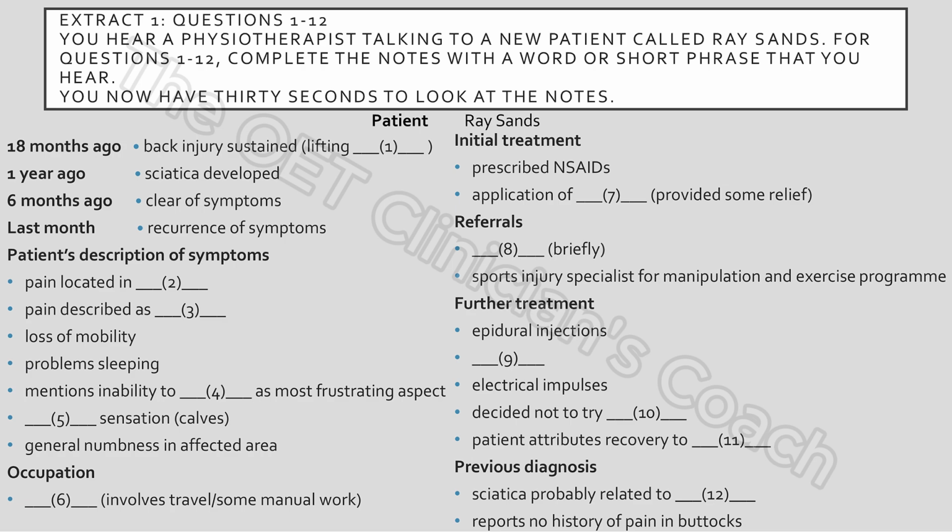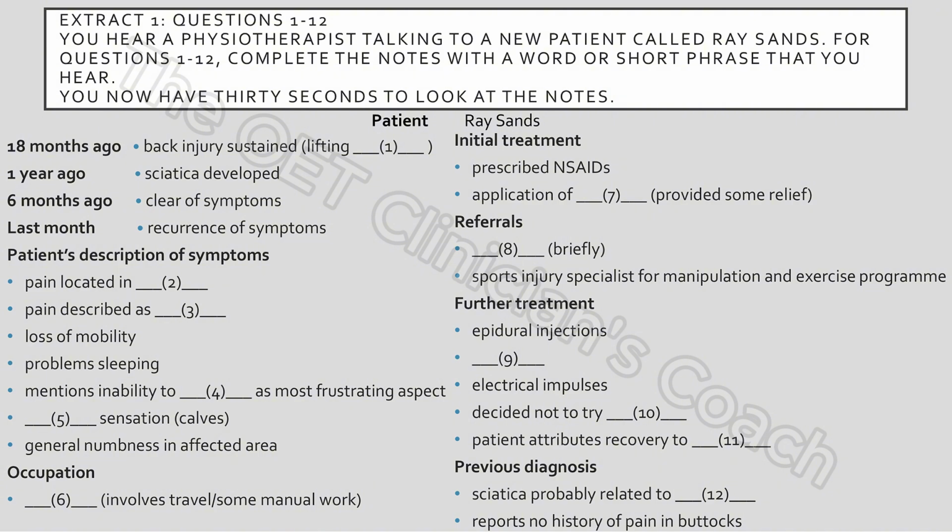Well, it all started when I hurt my back. About 18 months ago now. I was giving somebody a hand with a heavy suitcase, and I felt it give out. You know, just like that. Anyway, I slowly got over that, despite occasional flares, and then, out of the blue, about a year ago, sciatica developed. And it was 6 months till that finally cleared up altogether. Now it's come back. In, well, the last month or so, I'd say.